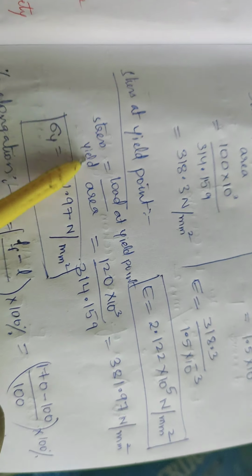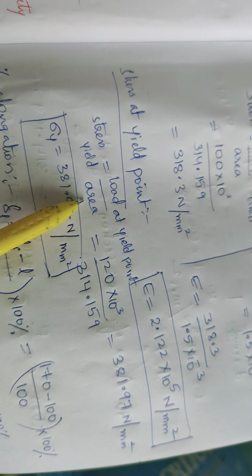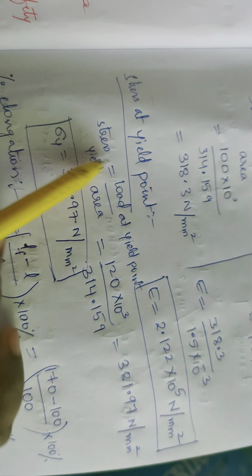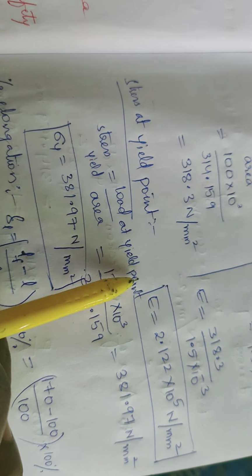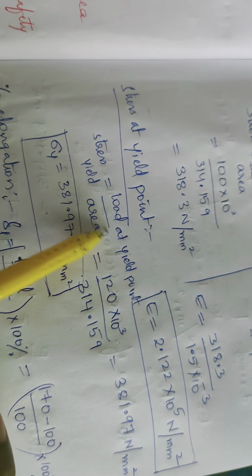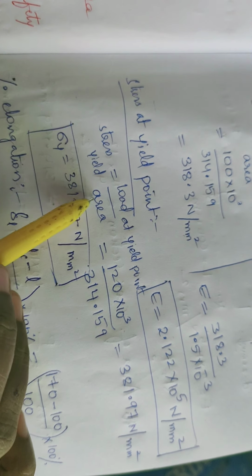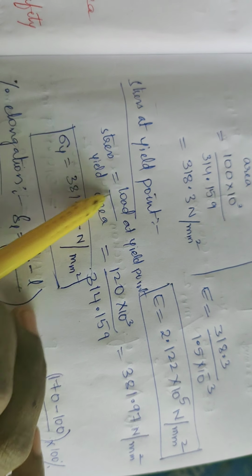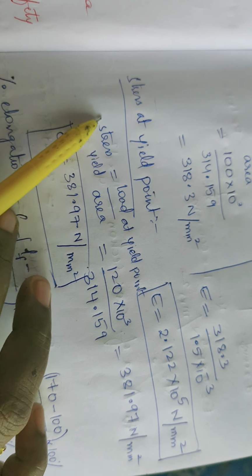Next we need to find stress at yield point. So stress at yield point is equal to load at the yield point by area. Load by area is stress. So if I want at yield point, I'll take load at yield point. If I want at ultimate point, I'll take at ultimate point load. So the load differs, and depending upon the specimen